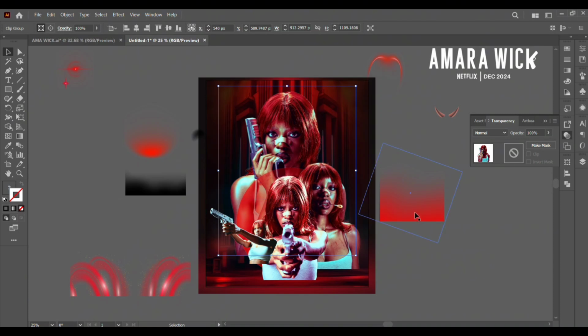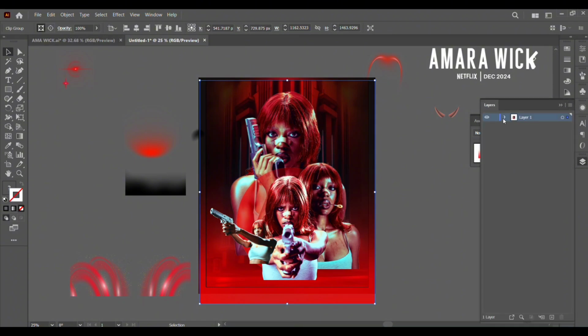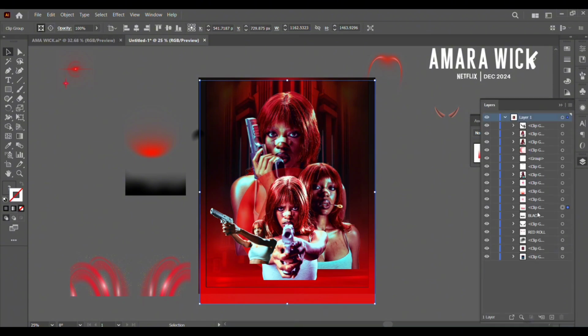The next thing I'm going to do is to ensure that everything is the way I want it to be. So I'm going to bring out this red here, hold down Shift and drag it a bit to the top there. Now ensure this is a little bit down. I'll go back to the layers and make adjustments in any way that I feel like. So I'll drag this over here. Let me leave this at the top here. Then I'll drag it down a bit